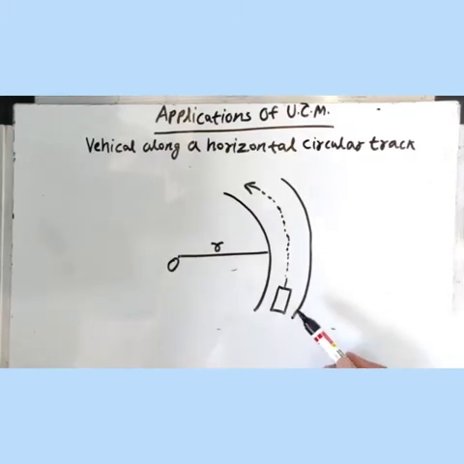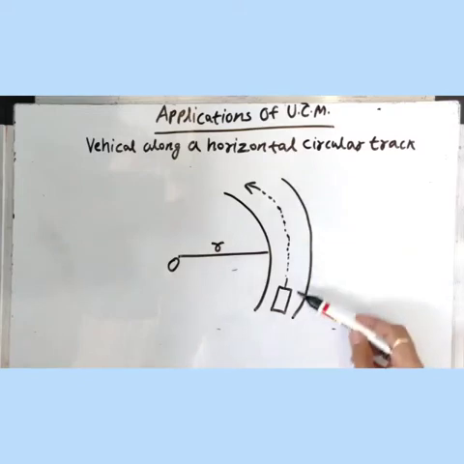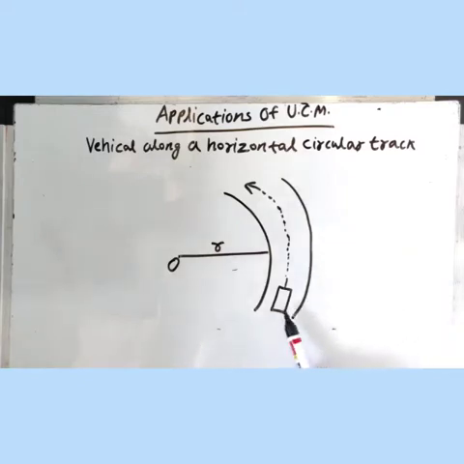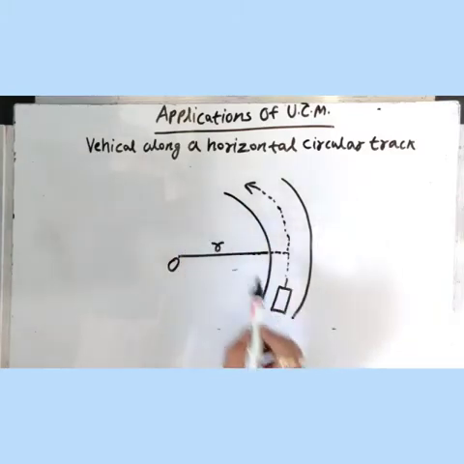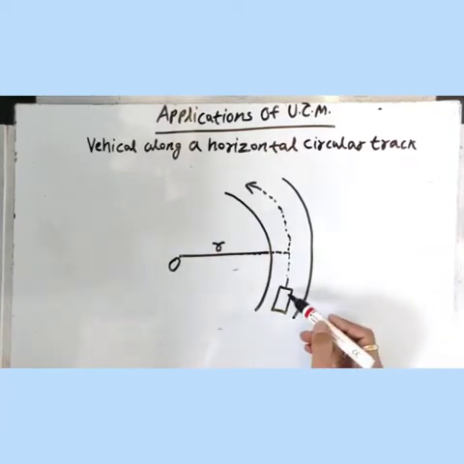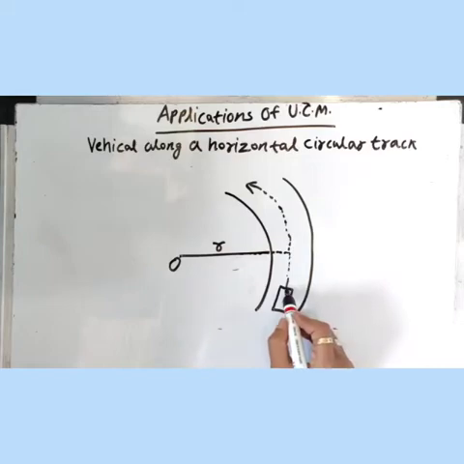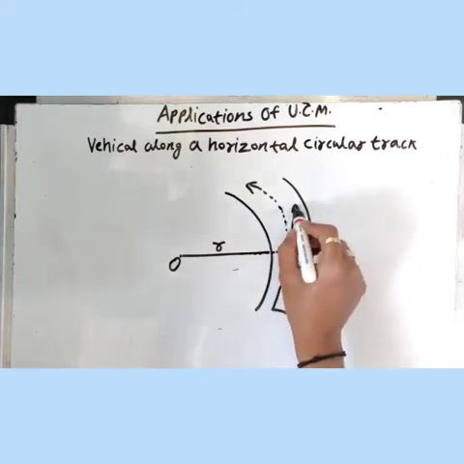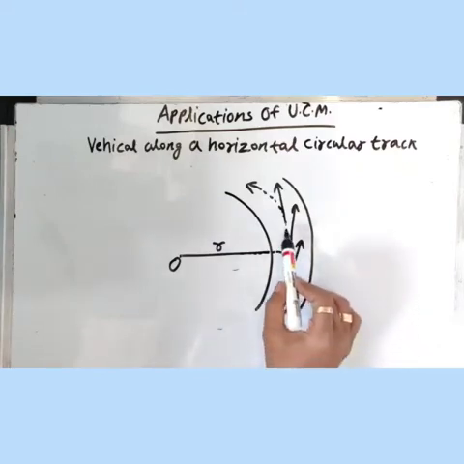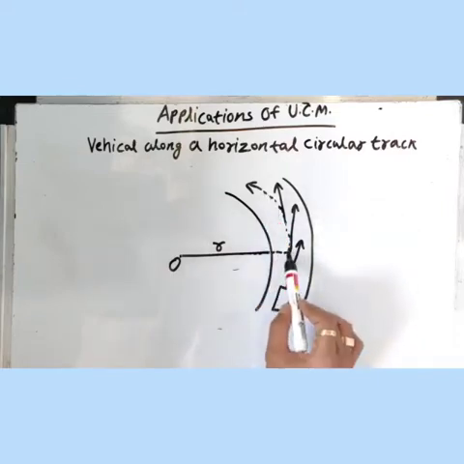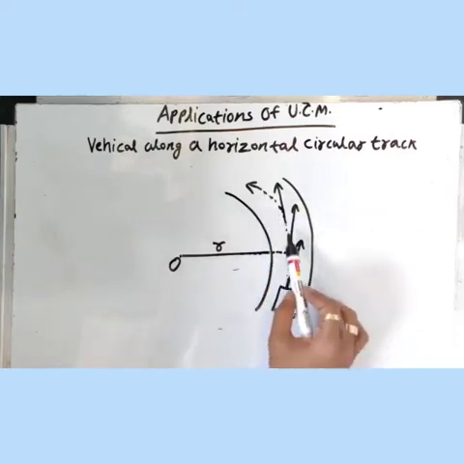This is the top view of the diagram, where you can see this is the curved road and this is a vehicle which is moving along this curved road towards left, and this is the radius of the circular path of this curved road. You can see in this diagram the vehicle tends to move in a tangential path to this curved road, but in order to take a safe turn, the vehicle needs to change its direction at every instant of time, or at every point on this circular path.